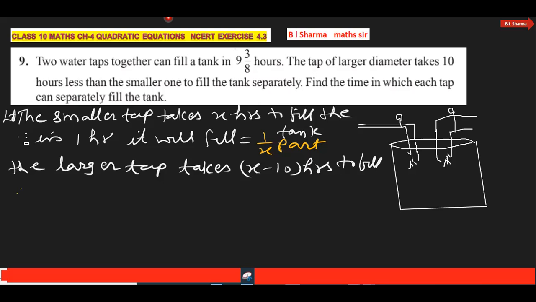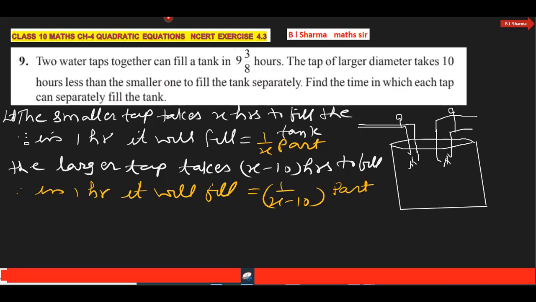Therefore, in 1 hour, it will fill 1 upon x minus 10 part of the tank. Yes. ये दोनों मिलके